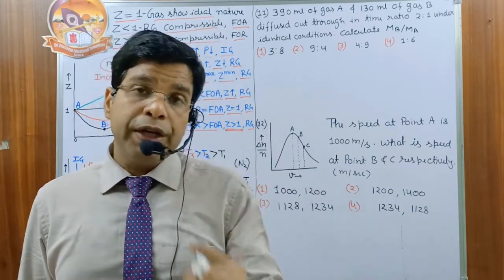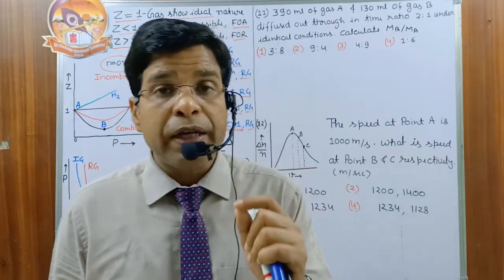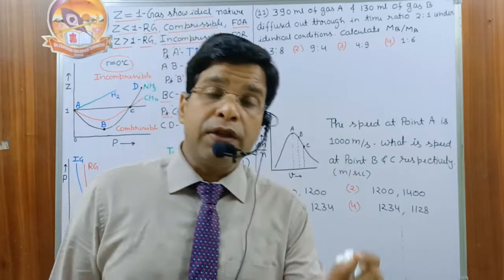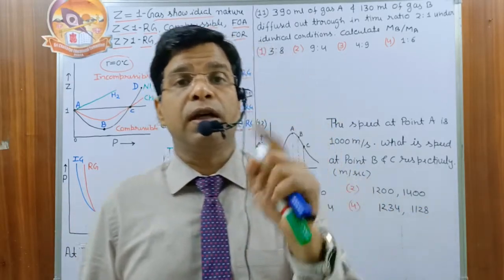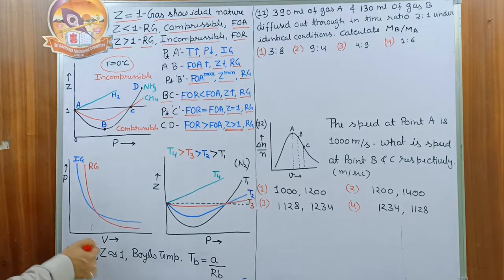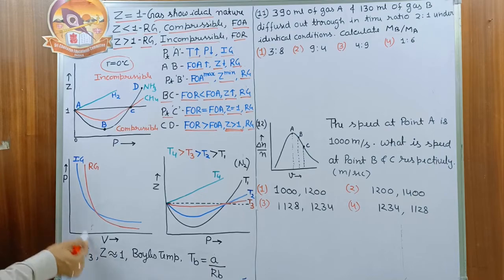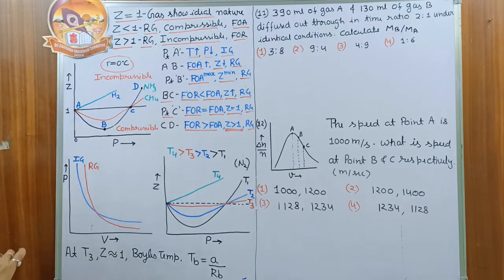So we need to remember that hydrogen and helium are the only permanent gases in which the force of repulsion dominates. They don't have the force of attraction under the normal temperature pressure condition. Okay, now this next graph represents the PV diagram for the ideal gas and for the real gas. This we need to remember.